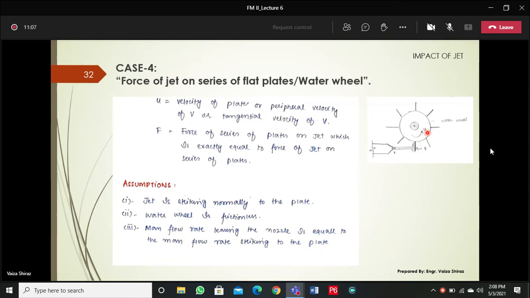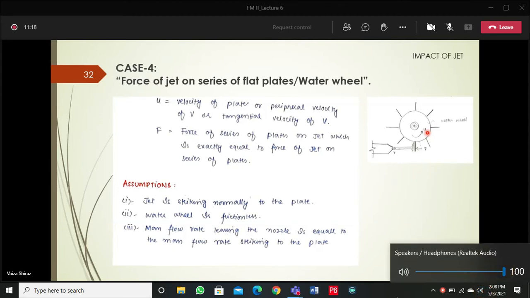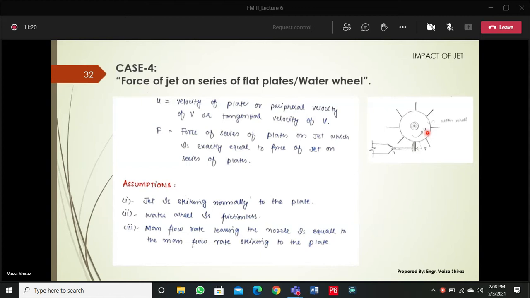So this is basically the conversion of the hydraulic energy into the mechanical energy. You have covered your experiment 3 in the lab, so I think you have the basic idea of what your machines do, what your turbines do. Our basic purpose is that you have to use the hydraulic energy and convert that into the mechanical energy. In this case, the hydraulic energy is in the form of this force, and mechanical energy can be in the form of anything which is moving, rotating. So any physical movement of the object shows that the object is having some mechanical energy. ठीक है, तो इस केस में आपका जो wheel है वो rotate कर रहा है due to this force of the jet.